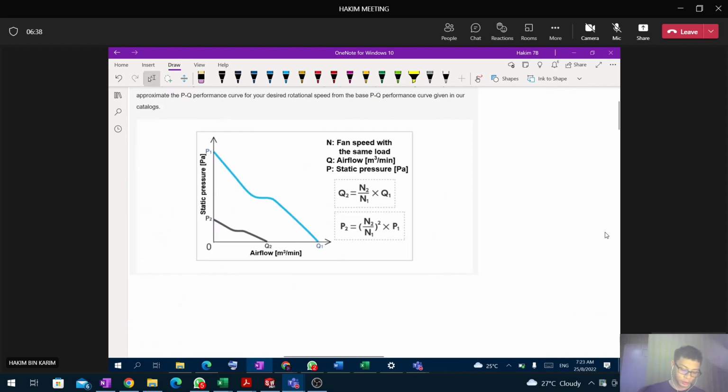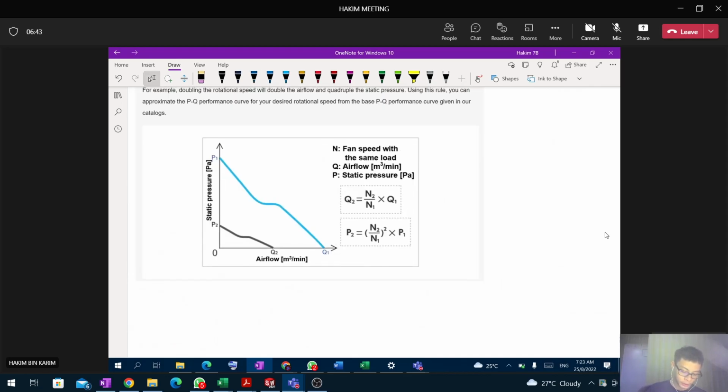So for example, this static pressure to airflow curve is for a fan which has a maximum rotational speed of 8,000 rpm. And this static pressure to airflow curve is for a much lower fan rotational speed, let's say around 2000 rpm. And then we can use this formula